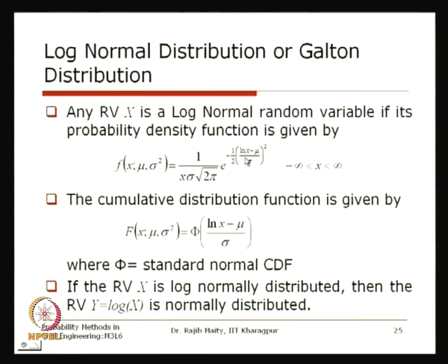Basically, what we are doing is taking one random variable and taking its log, and it is related through the equation y equals log x. What is shown here is that if this random variable x is log normally distributed, then y, which is log x, is normally distributed. So, if we come across any distribution which is log normally distributed, we can take its log and convert it to the normal distribution, and again we can use the same procedure which is followed for the normal